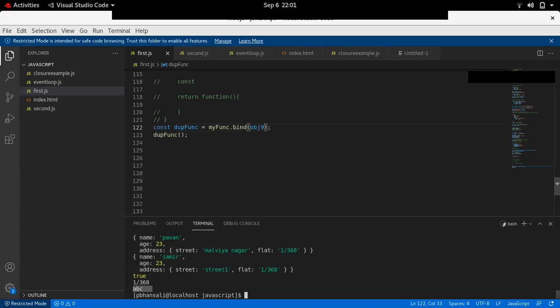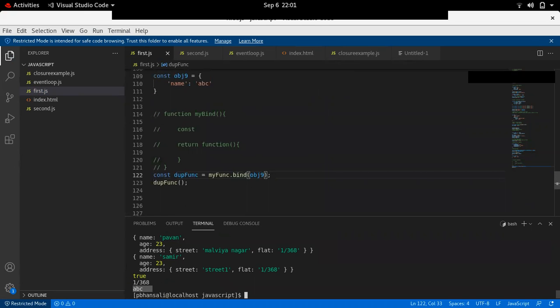Okay, so now let's forget that there is some bind. We are making our own bind. So what we know,